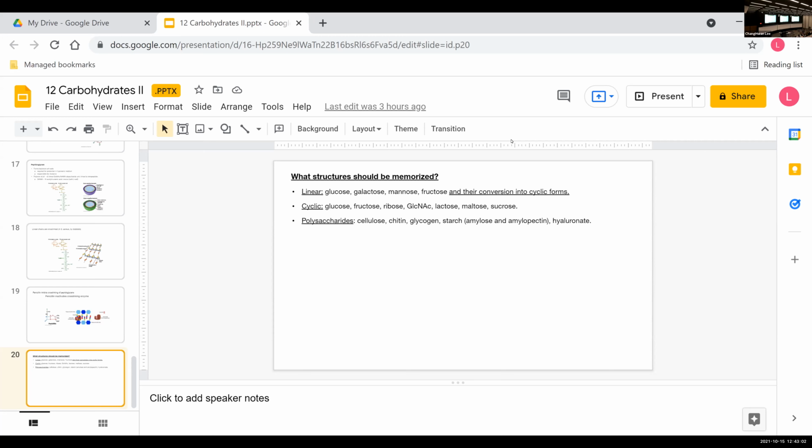Slide, I guess. So these are disaccharides that are in the